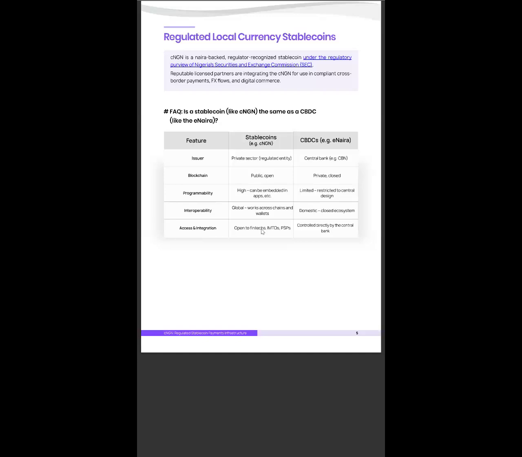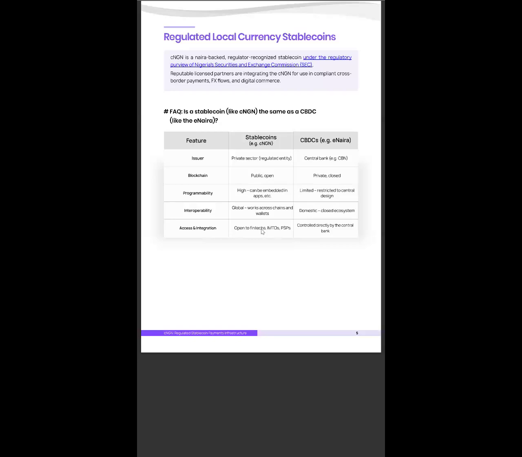So, one, the INARA is obviously issued by the Central Bank of Nigeria. cNGN is issued by private regulated entities. So in practice, it means we tend to be more innovative. We tend to move ahead of times,